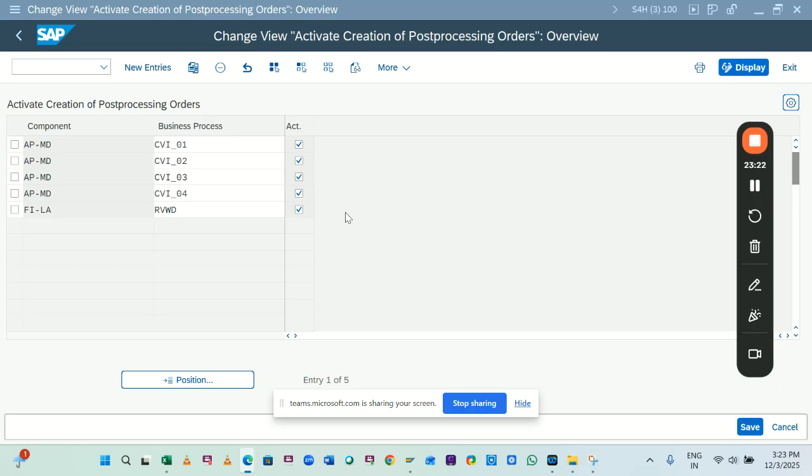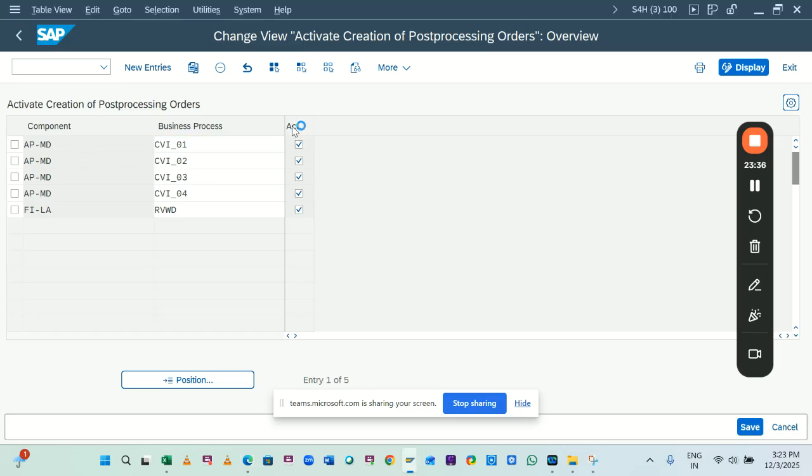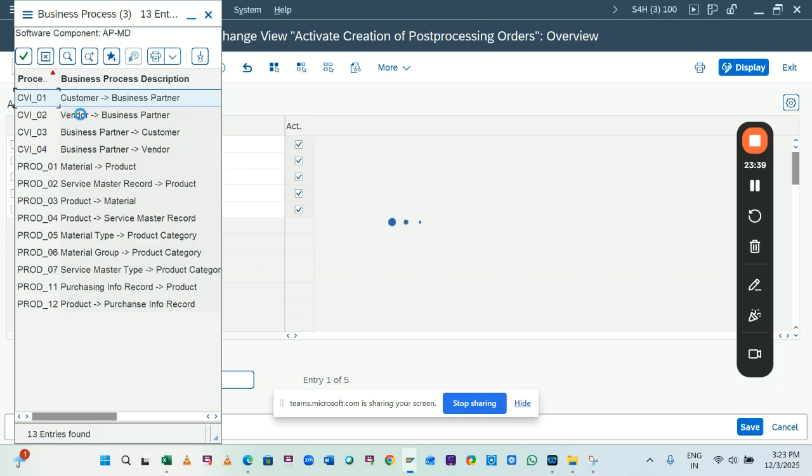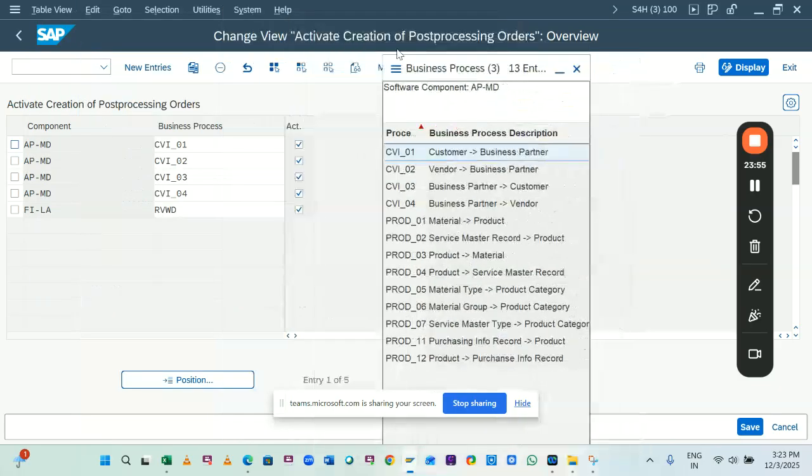Now, here these are the components. They need to be linked with the business processes. Okay. CVI 01, I'll show you this. 01 is for customer to business partner, 02 from vendor to business partner. In case we are in SAP ECC, we need to activate CVI 03 and 04 only. No need for the activation of CVI 01 and 02. Okay,